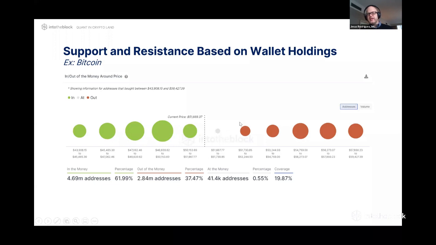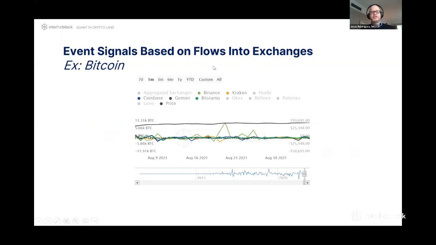So it gives you an idea, if Bitcoin moves up or down, how much resistance or support, how much volume is going to be in play. And you can see this type of feature being an input to a predictive model for reacting to a specific price movement. So a traditional feature for momentum-type strategies.